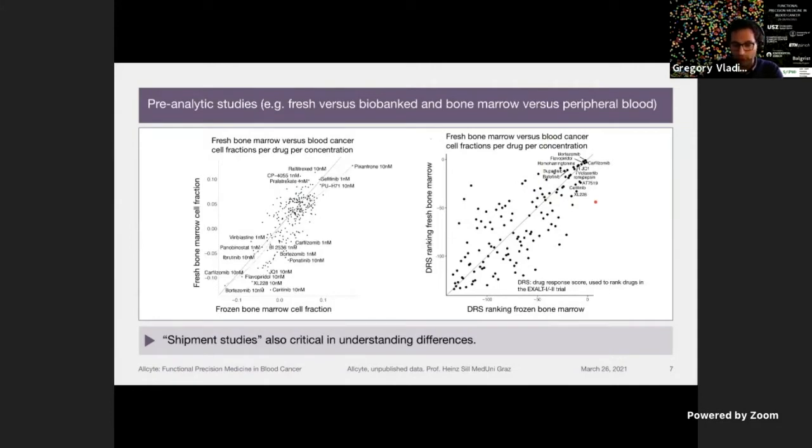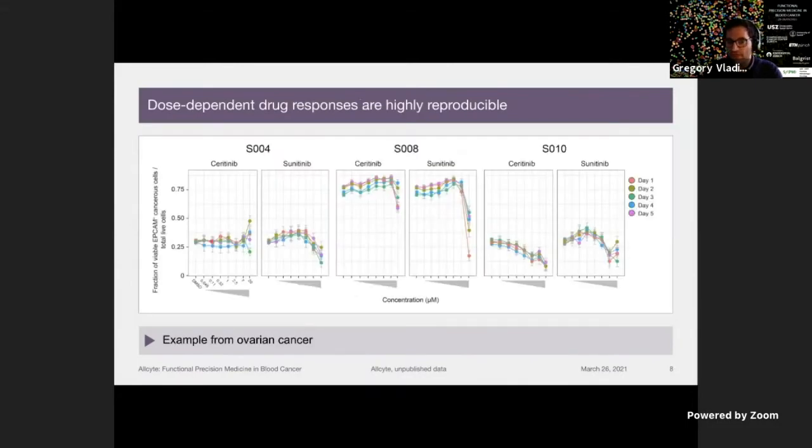And I think it's also critical to understand shipment studies for those of us who are shipping samples. Maybe this is true for AML, maybe it's not true for a different indication. And I think I'd like to see more robust pre-analytics. I think it's challenging to set up. But I think the data does drive our field forward quite a bit,